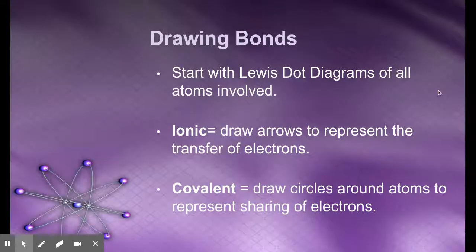When we draw our bonds, we're going to start with Lewis dot diagrams of all the atoms involved. Sometimes you're going to have to figure out whether you need another one of these or not. And then for ionic,